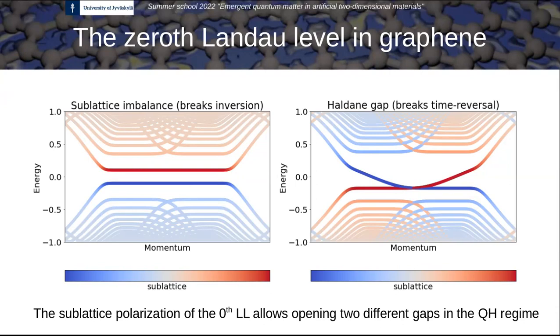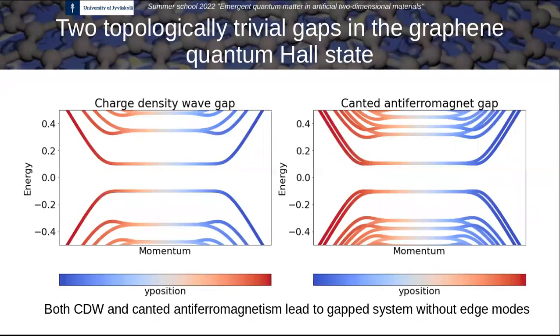gapless chiral states. So in these two situations, you both have 2 filled Landau levels and 2 empty Landau levels. The only difference is that you are changing which ones you fill and which ones you empty. And depending on which ones you fill and which ones you empty, that you can control by the substrate or by external perturbations, you can have a trivial insulator or a different type of Chern insulator. And this is going to be also important later on. All right, great. So now let me show you a couple